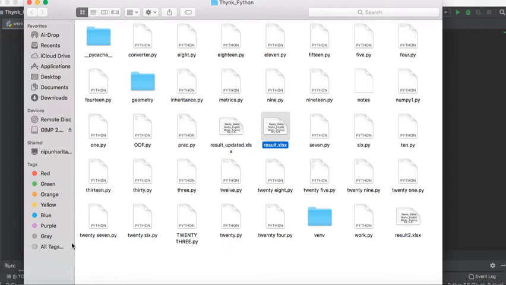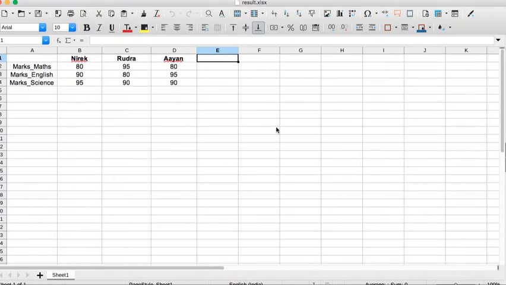Okay. So I reveal this in folder and see this is the result.xlsx. Double click. So here this is a small Excel to learn how to read and write using Python. Here we have 3 students and we have their marks in 3 different subjects, right? So what we'll do is, let us say some column has a wrong entry of marks, for example maybe maths, right? And we need to correct the entries by giving a grace mark of 2.